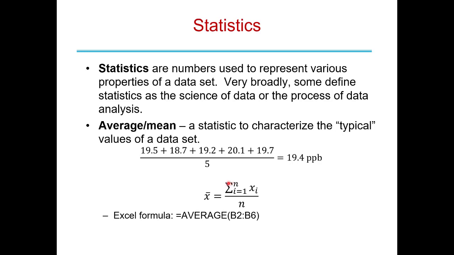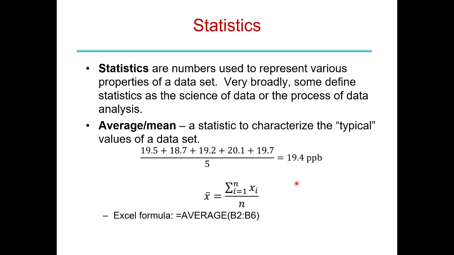Well, this capital Greek letter right here, sigma, means take the sum. And a sum is going to have an index i. We're going to start it at 1, and we're going to go up to n. n is the number of data points in our data set. So x sub i, the first index would be i equals 1. So we're going to have x sub 1, and then the next one would be x sub 2. So x sub 1 plus x sub 2 plus x sub 3 plus x sub 4, and so on up